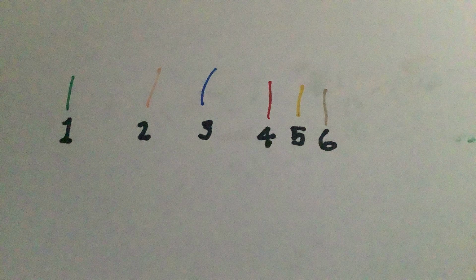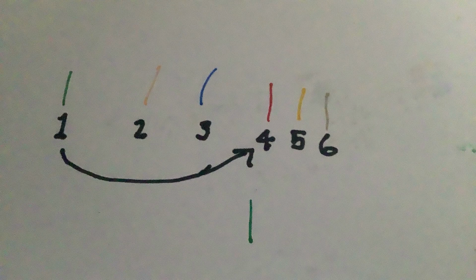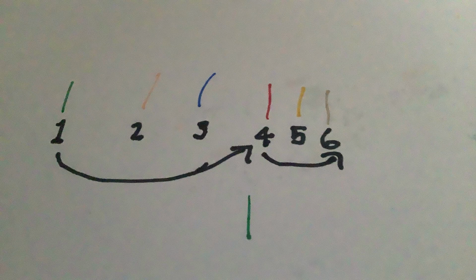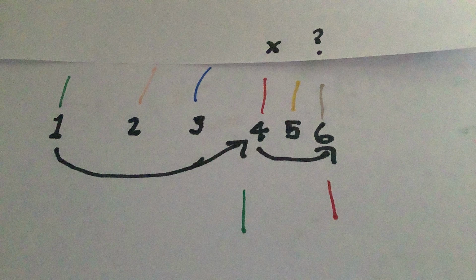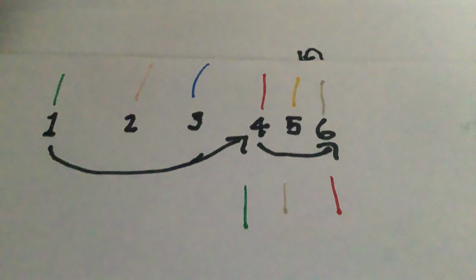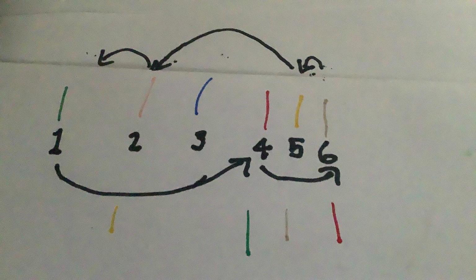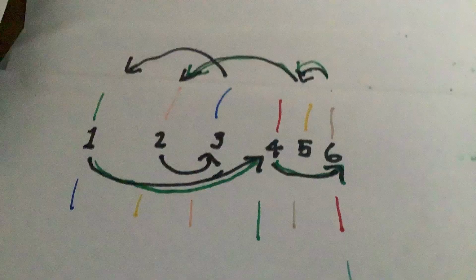Let's start with something simpler. Let's consider a list of 6 objects. Let us assume, for example, that the first one moves over to number 4. 4 had to move somewhere now, so let's say 6. But the same thing applies for 6, except this time it can't move over to 4 because 1's already moved to 4. So it's got to choose a different place. For example, 5. Rinse and repeat, and eventually you'll find you run out of places in which to move.